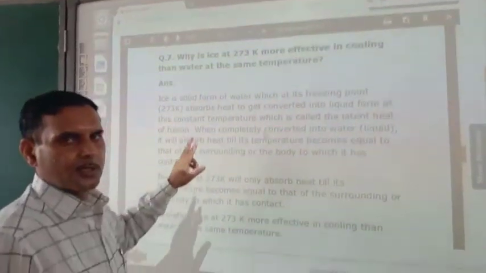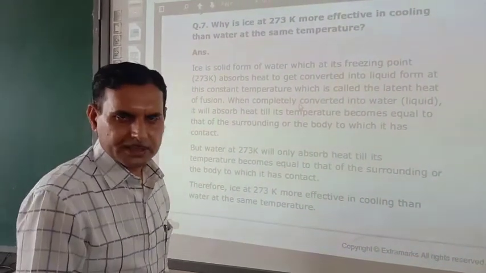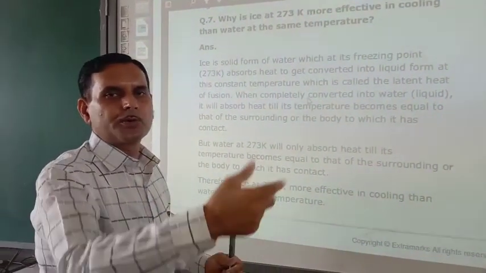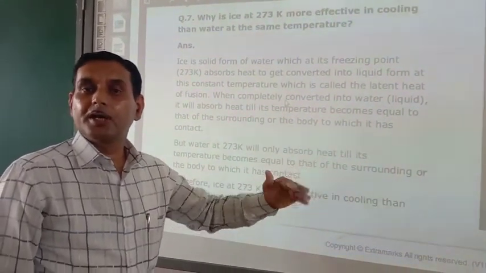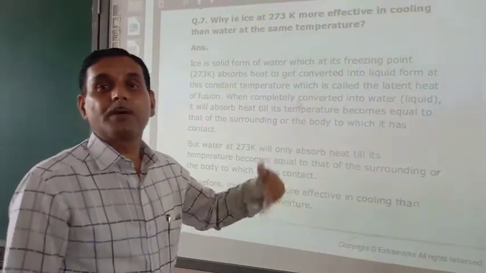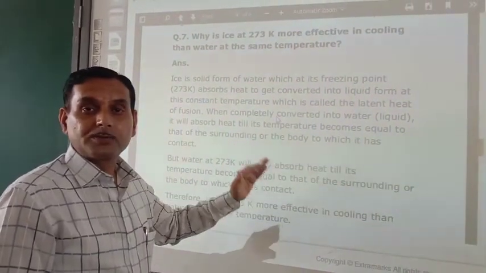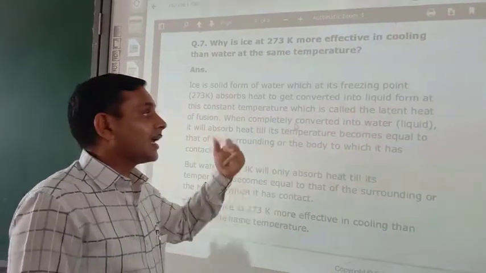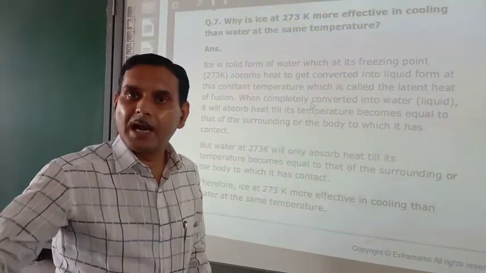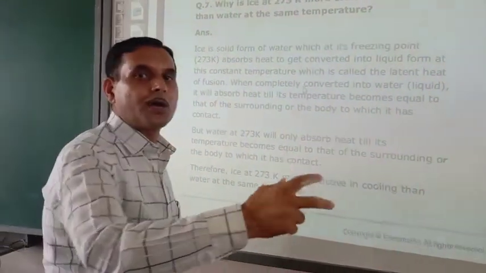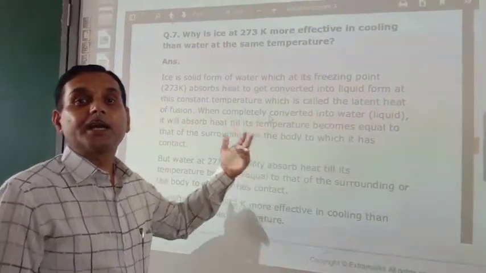So dear cadets, now suppose you want to cool any object. So you will bring an ice cube near to that object. Now what will ice do? Ice will absorb heat from the other body, meaning the one with which you have kept it in contact. So ice will absorb heat equal to its latent heat of fusion, because ice will melt when it absorbs heat from the other body. So it will absorb heat equal to its latent heat of fusion.